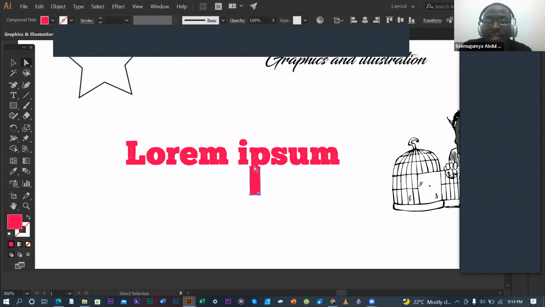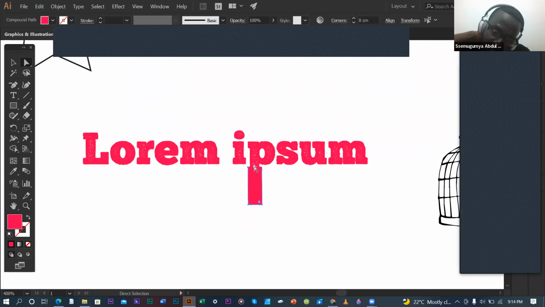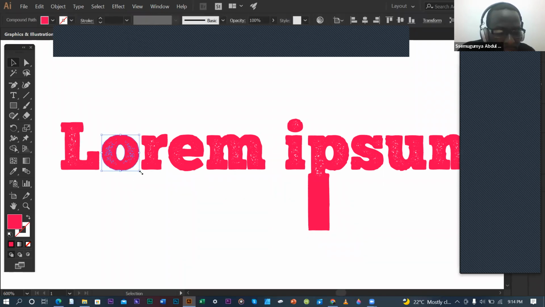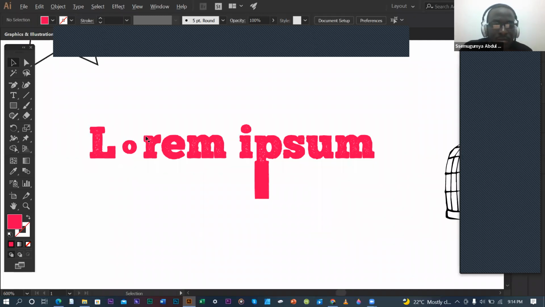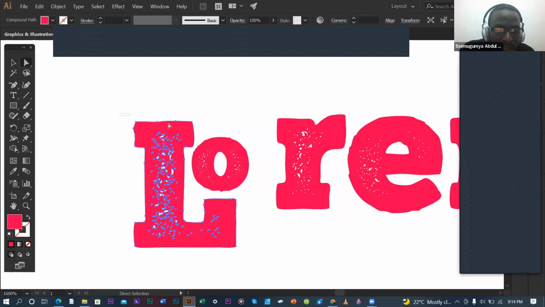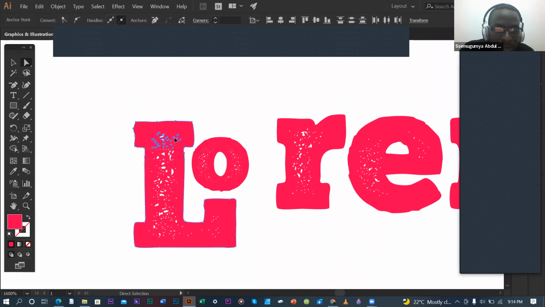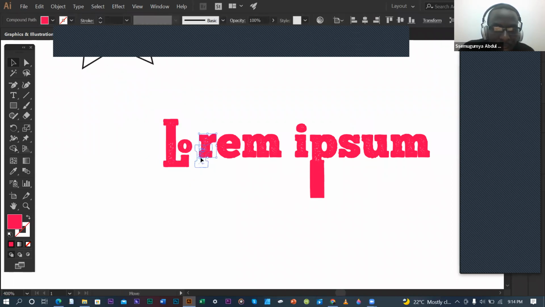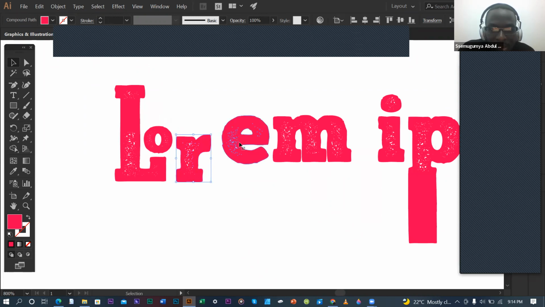You've basically seen distorted text in designs. You've seen distorted text in newspapers. I want to make my O a bit bigger. I'll go back to selection tool and I'll select it as a whole. Then reduce on it. Bring the L, maybe trying to make something impressive. Use my direct selection tool. Maybe select that portion and pull the L up and bring this down. So I'm trying to make